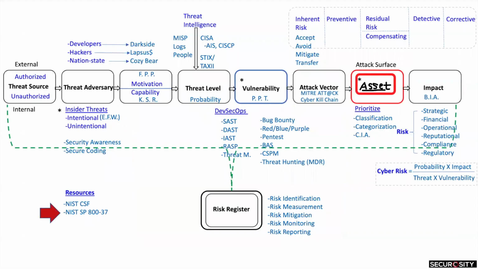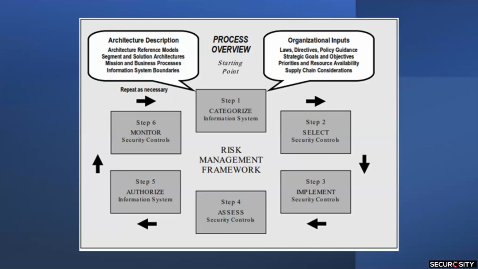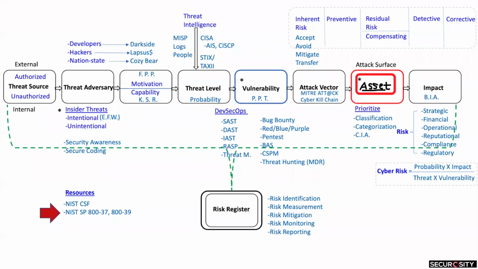Followed by the NIST Special Publication 837, which provides guidelines for applying the risk management framework to federal information systems, to include performing security categorization, selecting and implementing security controls, completing security controls assessments, getting information security authorization, and implementing security continuous monitoring. Next, along with this, is the NIST Special Publication 839, Managing Information Security Risk, which is the governance